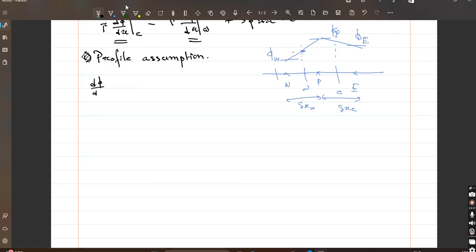Using this linear profile assumption, we can approximate this gradient derivative at this boundary E as nothing but phi E minus phi P divided by x E minus x P, which is nothing but